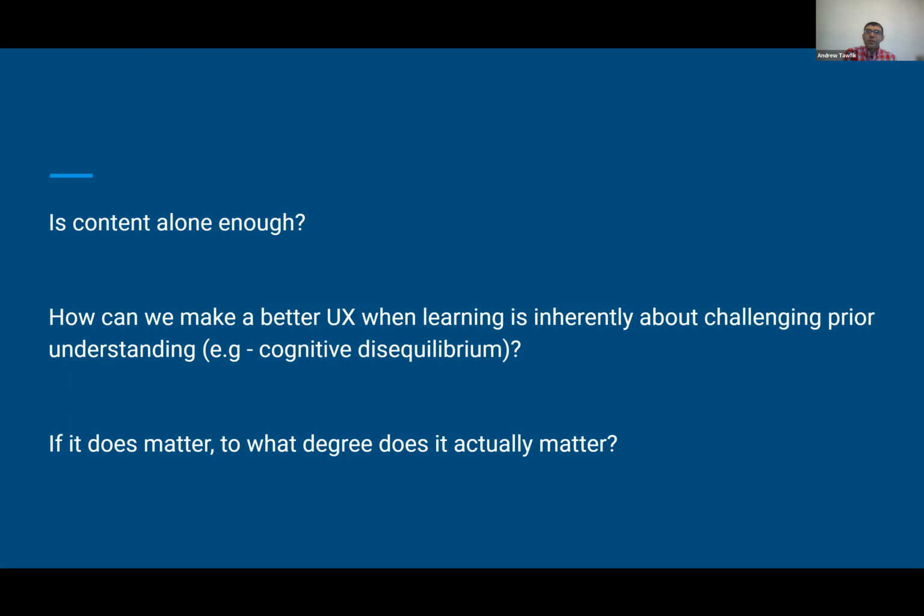Here's another question. This question was posed to me a little while ago by a colleague here at the University of Memphis, who had asked us to do the learning experience design on a grant that they had. And this question really stuck with me because I never really considered it before. I'm curious about y'all's thoughts on this: how can we make UX better when learning is inherently about challenging understanding? If you think about cognitive disequilibrium, there needs to be some kind of point of confusion. And I feel like he wasn't necessarily pushing back on our assessment of learning technology, but we were saying it has to be more efficient, it has to be better and all that kind of stuff.